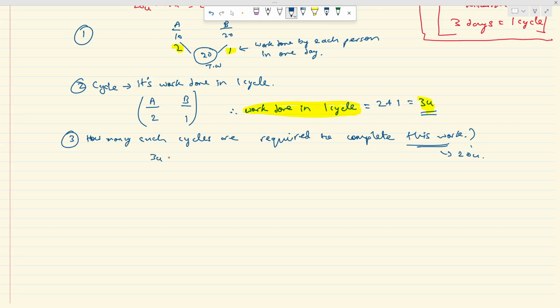3 units of work is being done in one cycle. 1 unit of work is done in 1 by 3 cycle. Therefore 20 units of work would be done in 20 by 3 cycles, right? Now if we look at this very carefully, if 20 would have been a multiple of 3, in that case my number of cycles